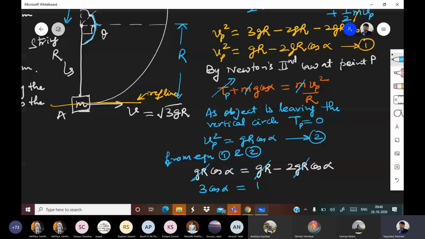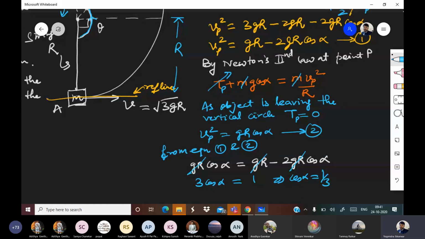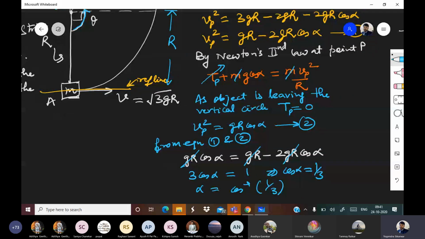Cos alpha is equal to 1 by 3. Alpha is equal to cos inverse 1 by 3. Okay. So when alpha is equal to cos inverse 1 by 3,